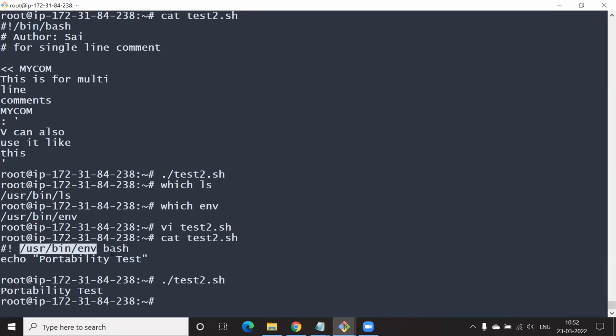We are setting the environment to run as bash, meaning any command which we put in this file, we are telling it to run in bash. Good answer. More precisely, we are using the Ubuntu distribution. Let's say we take CentOS, Red Hat, or some other distribution. The location of bash is not necessarily /bin/bash. It might be located elsewhere based on the distribution. So the environment variable will decide where bash is.